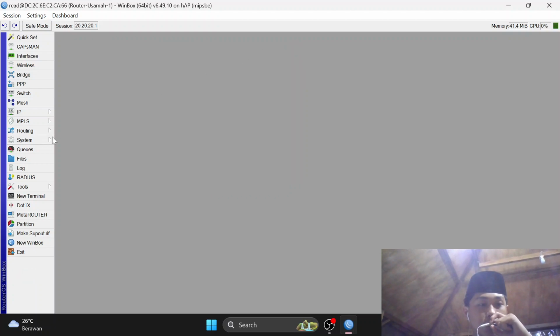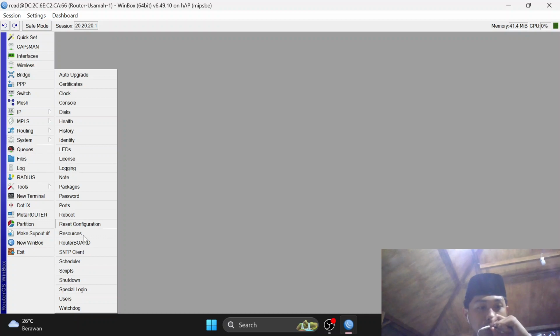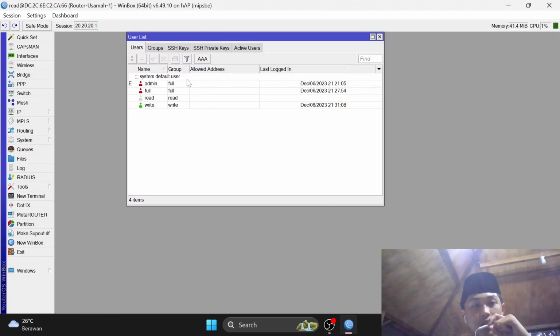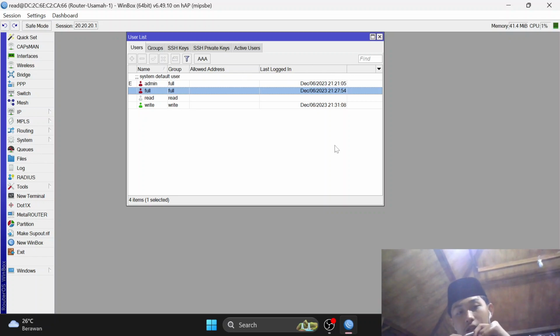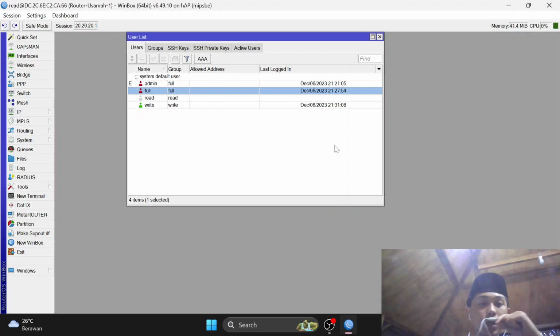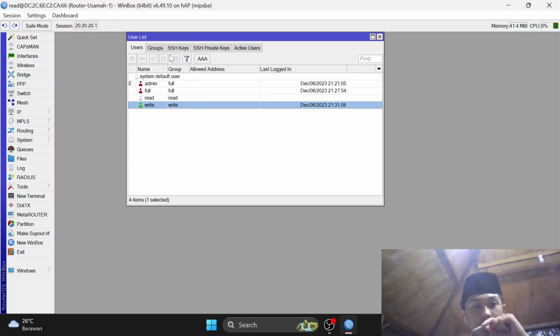That's it. Now go to System, with type system users. Here, as you can see, we cannot add new configuration for the user list. We cannot remove, enable, or disable any configuration in this router. Yes, because of it, the user read is usually called a monitor user, because it can only do monitoring. It cannot add any configuration. That's the rights of user type read.